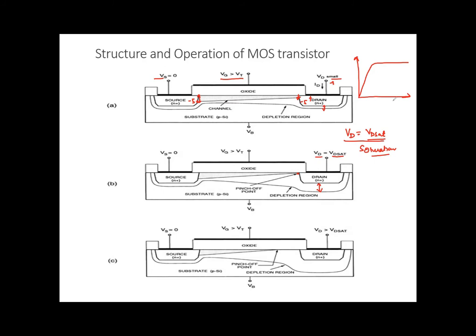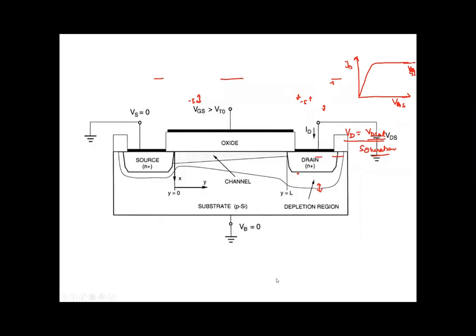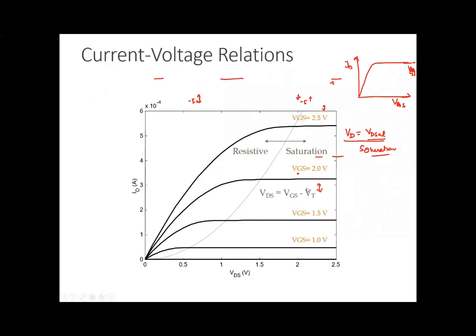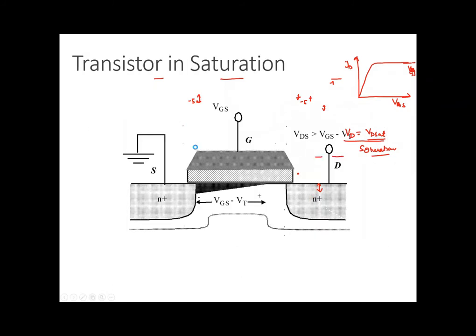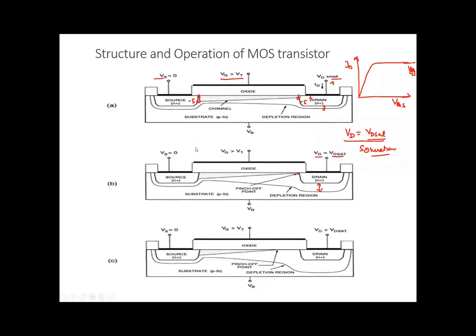There you will find that you keep on increasing VGS. This is VDS, this is ID, sorry, this is VDS, this is VGS. So this is constant. So what does it depict? It says that your potential is going to be this. So you are actually going to get it like this. So here you can see, actually these are changing.